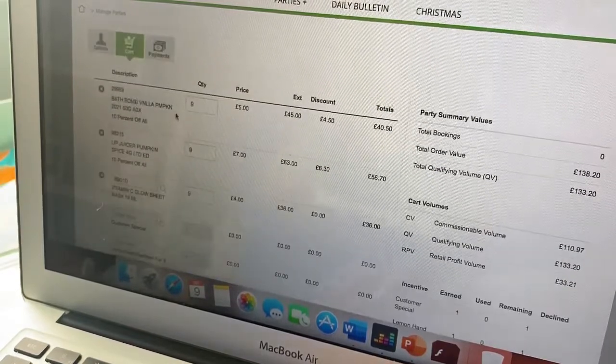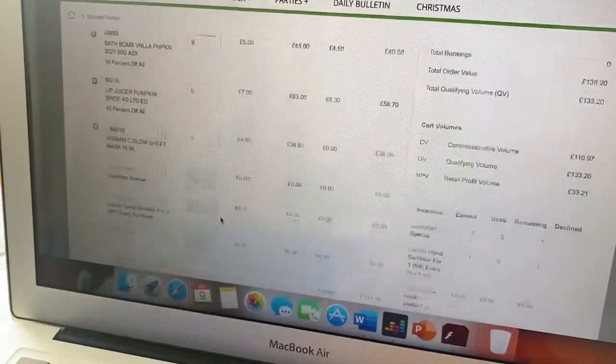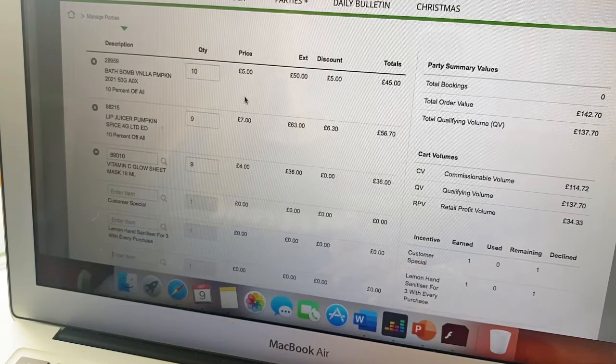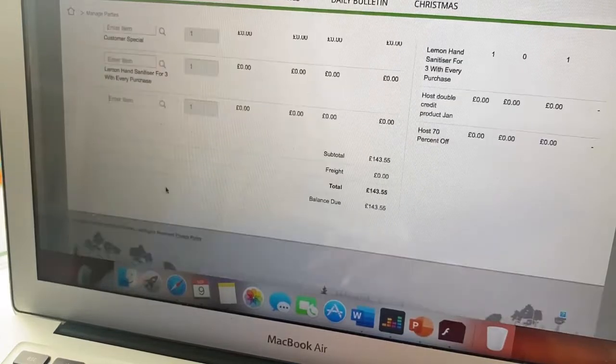So that's obviously the products that I'm ordering for the sub box. However, I do want to also treat myself, so I definitely want one of the pumpkin bath bombs myself, so I'm going to make that 10. Yeah, definitely want that. I would quite like one of the lip juices, but I might hold off for that. Myself to the shower cream as well,